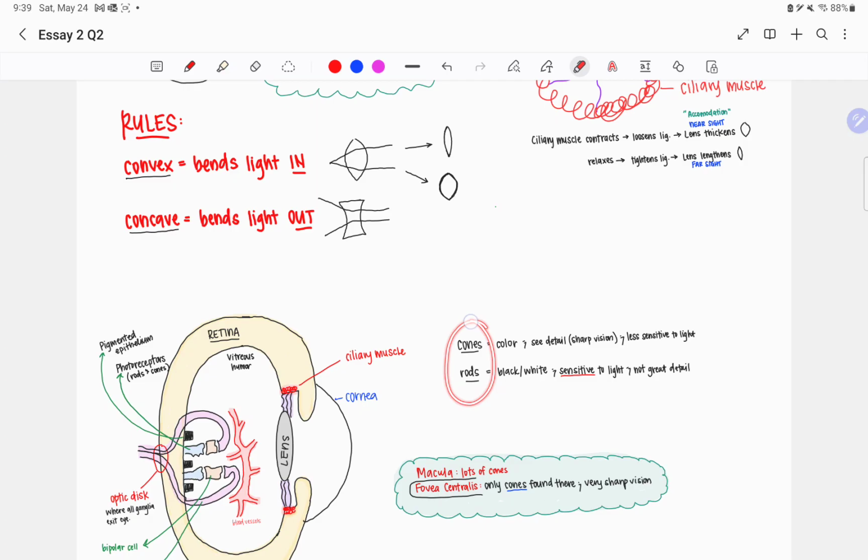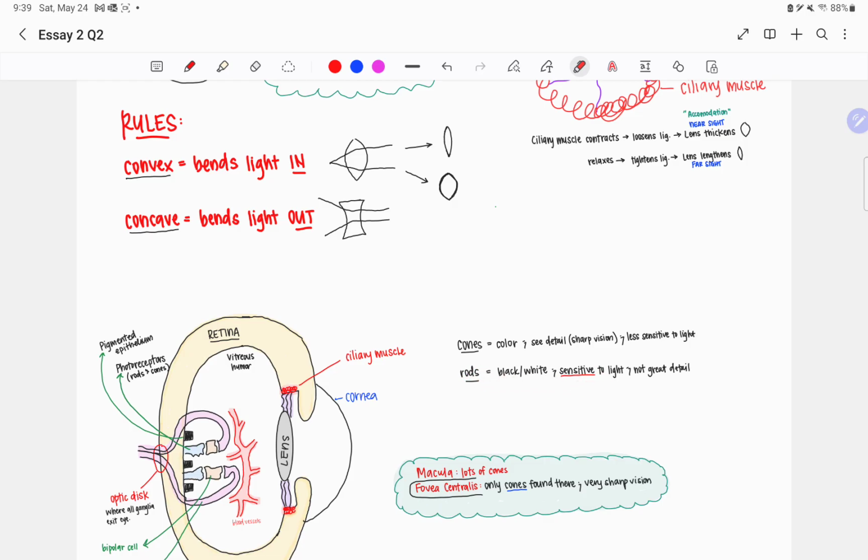Now, cones are important for seeing color and detail, sharp vision. However, they're less sensitive to light. Now rods, they're used to see black and white. They're the reason we have decent night vision. They're super sensitive to light, down to one photon of light. Rods can detect one photon of light. That's pretty amazing. But you don't see in great detail with your rods, and that's due to a phenomenon